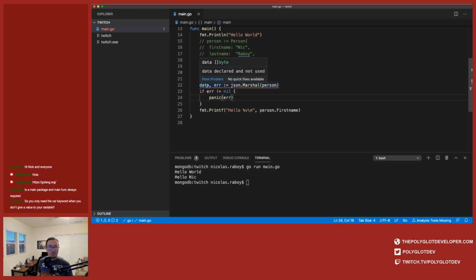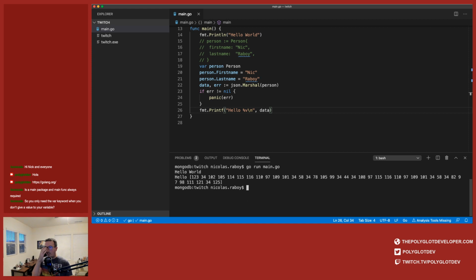We're still getting an error because we're not using data yet. Let's go ahead and check it out. We'll say data. It'll probably print out a lot of gibberish because it's a slice of byte. But let's take a look. So we have a lot of numbers there, a lot of stuff that doesn't help us at all. This is a slice of byte. We can easily turn this into a string by wrapping it like this. If I were to run it again, you'll notice that it's printing out JSON.